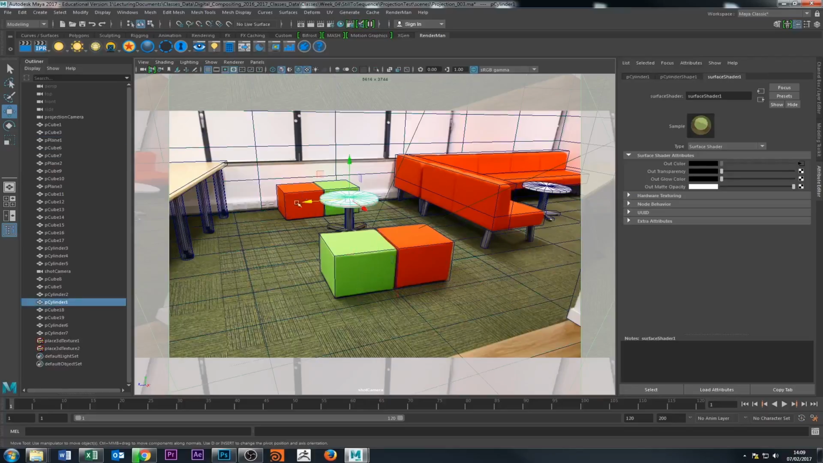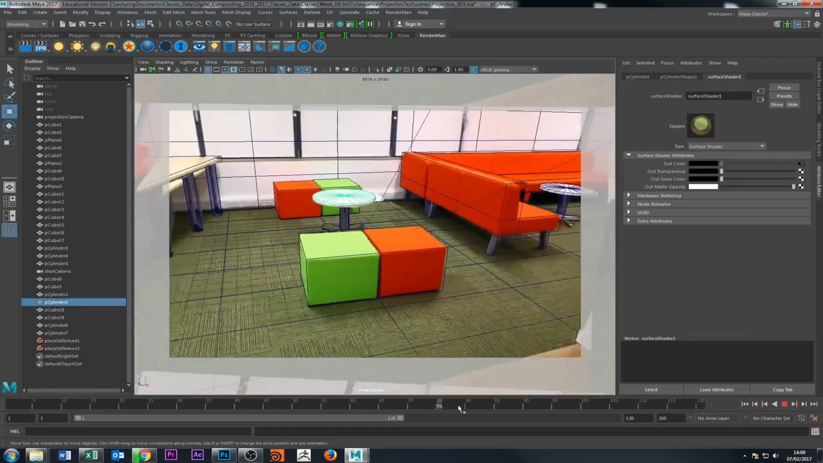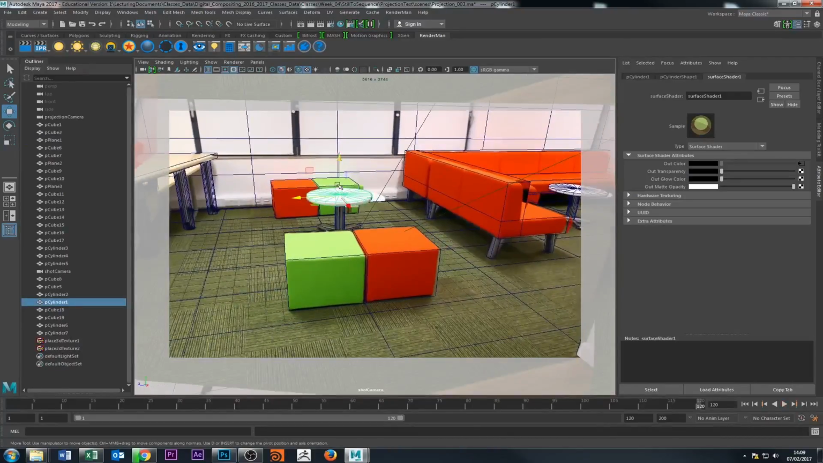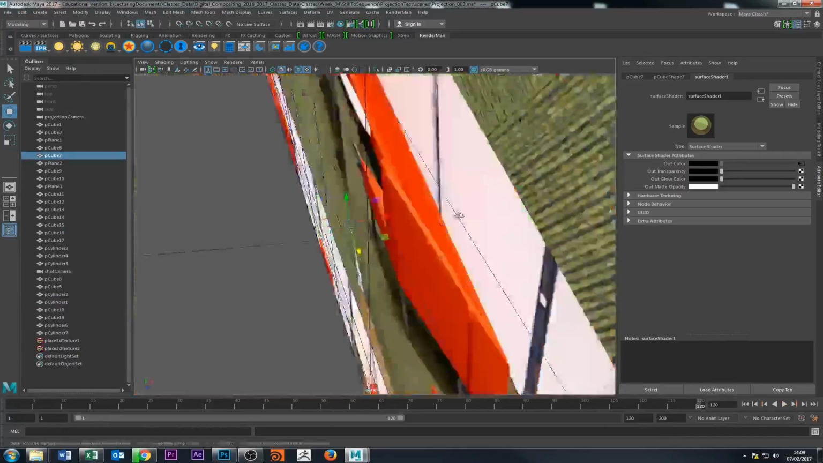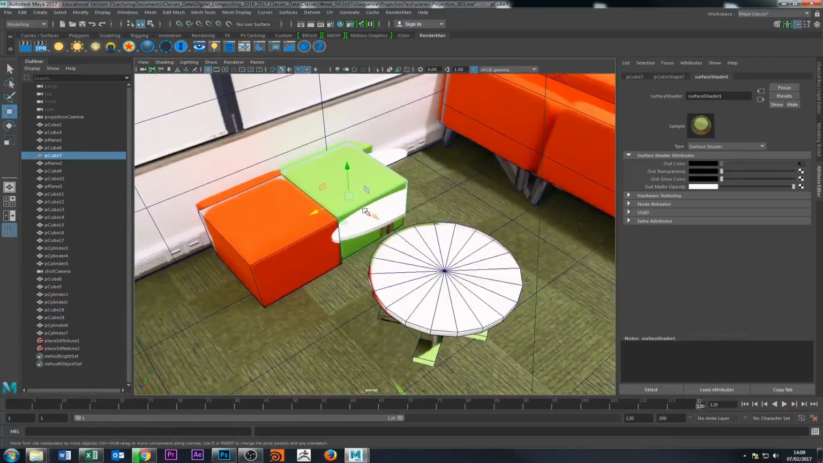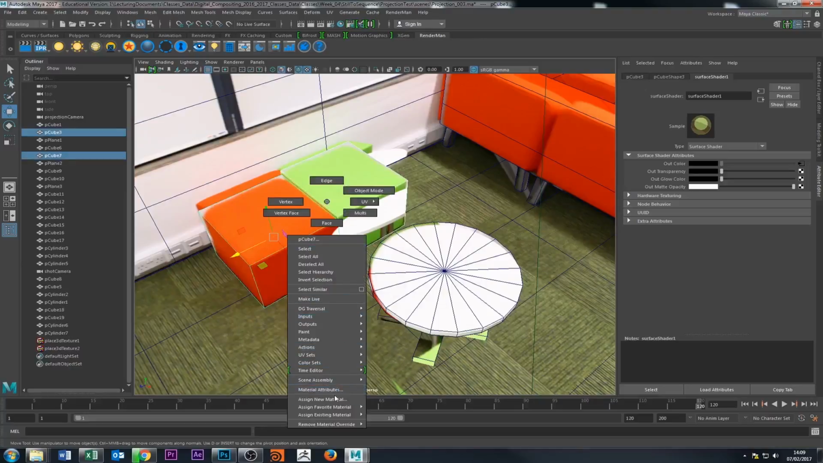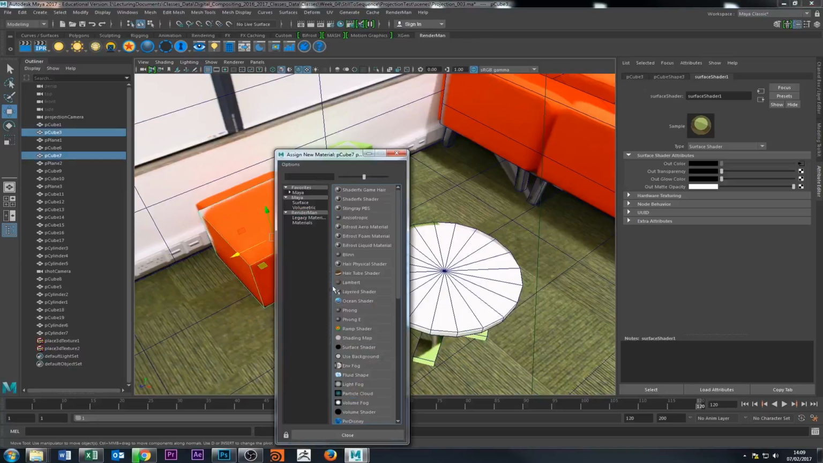Okay, so I'm going to fix now. If you see this here, inside this thing, you see this stuff is being projected all the way to the back, so I need to get rid of that. Here you can see this stuff has been projected here, so I'll add another texture for these two. If I select these two and right click, assign new material,